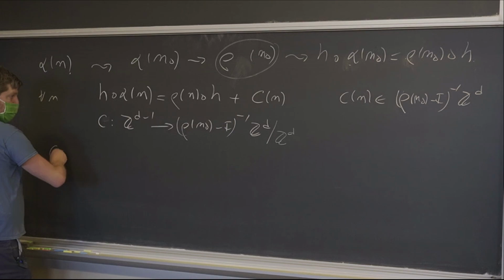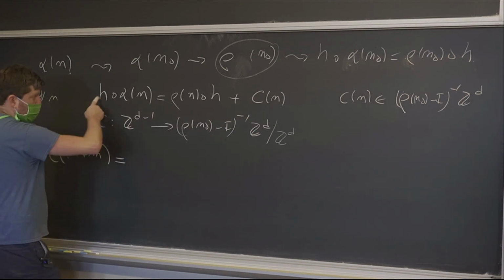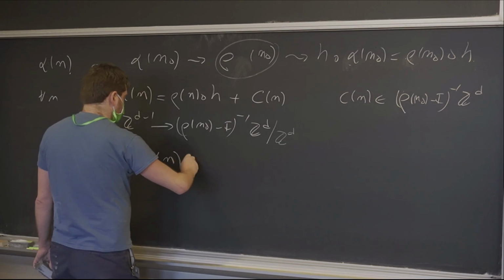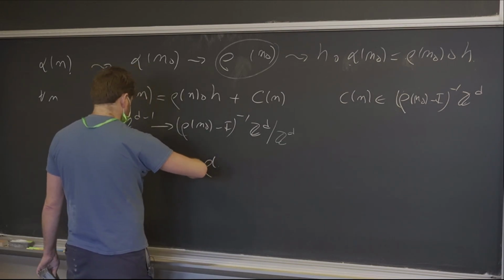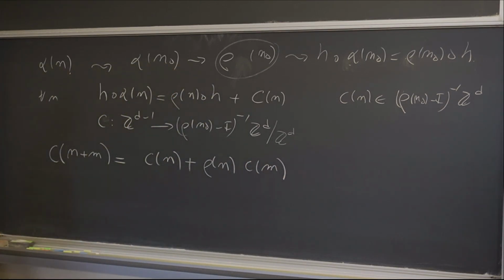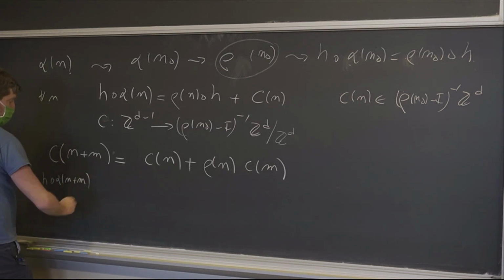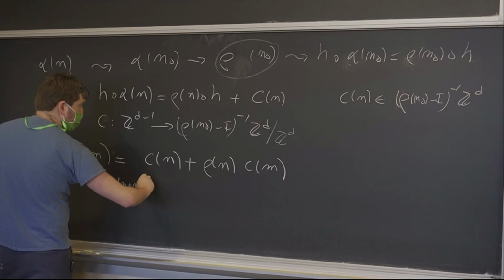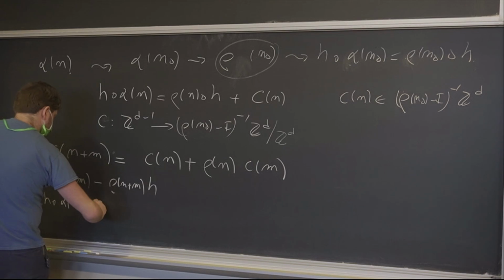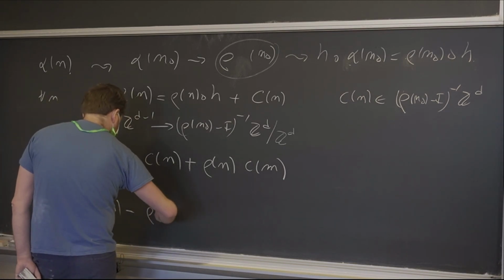Okay, so we can see that C of n plus m just follows from this writing plus the standard formula. This will be something like C of n plus rho C of m, you will get this cocycle type of formula. This just follows from putting it here. So this is h composed with alpha n plus m minus rho of n plus m h, because that's exactly how you define C. And then this is the same as doing h composed with alpha n composed with alpha m minus rho n